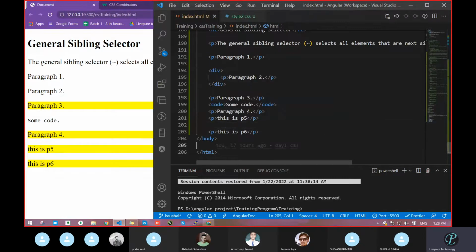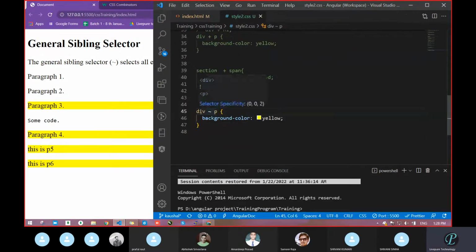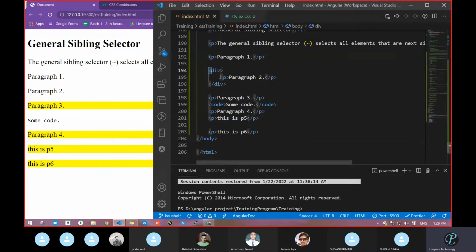So whatever comes under it, first it will search for div. After div, it will ignore that div section and search for the general sibling. General sibling means what? General p tag. So it will search for general p. First it took div and ignored it. It did not affect that paragraph 2. See this side, paragraph 2 is not affected. After this, whatever p is there, it is applied on all. But in the case of code, it was not taken because that does not come under general.